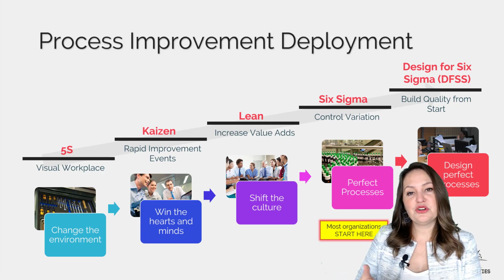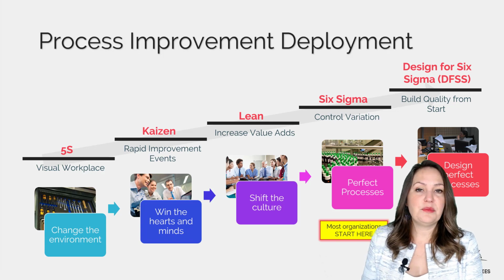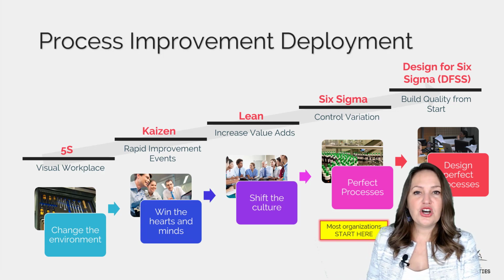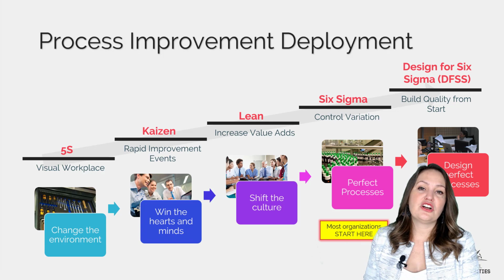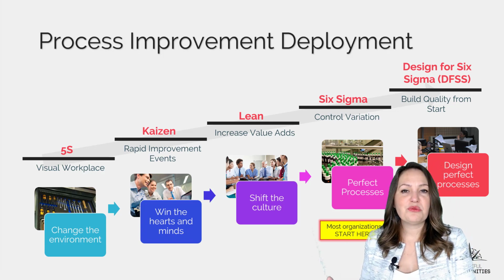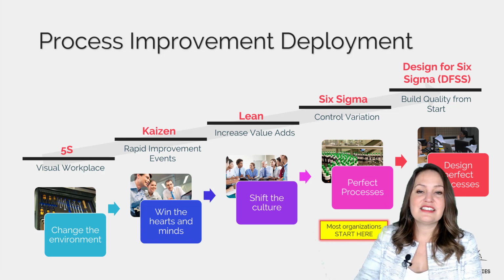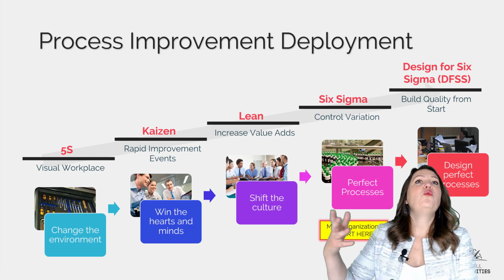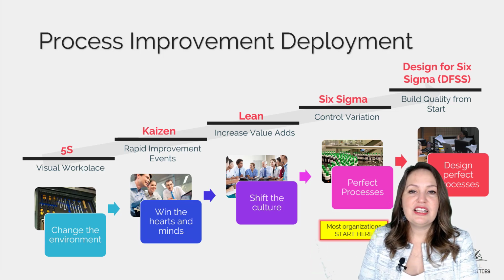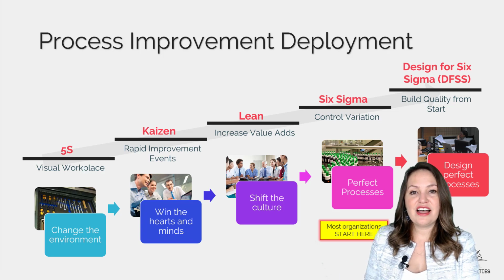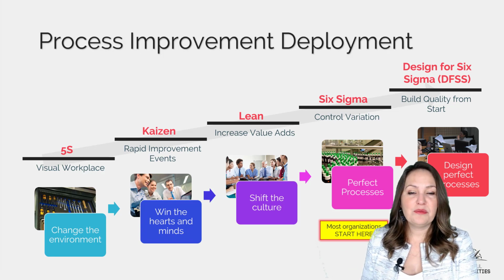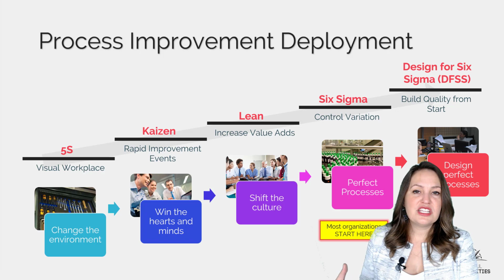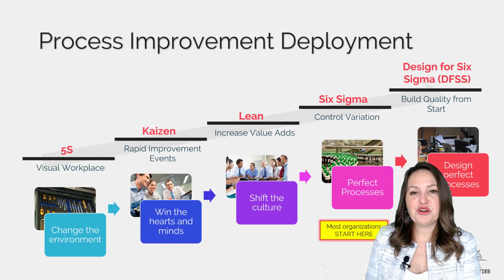Now, once you're at a place in your organization where Six Sigma is widely used and known, then you're at a great place to start doing design for Six Sigma. So for those new processes, we're no longer just looking at existing processes, but we're actually looking at new processes as well. So if you're struggling with where do I start, I really encourage you to start looking at 5S, to look at your environment, to think about what are those things that you can eliminate from your environment,